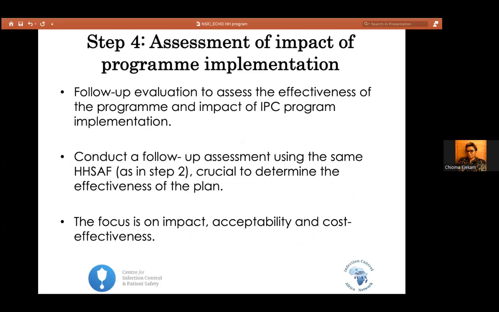And this is the thing here. I just put everything I've said up here. So it means that in step 1, where you have baseline assessment, you will use the HSAF tool, the Hand Hygiene Self-Assessment Framework tool. And in step 4, you use it again, as in your 5-year plan of your HSAF assessment. So in step 4, you're comparing your findings to your baseline. Did your action plan and interventions carried out improve your data from the baseline?